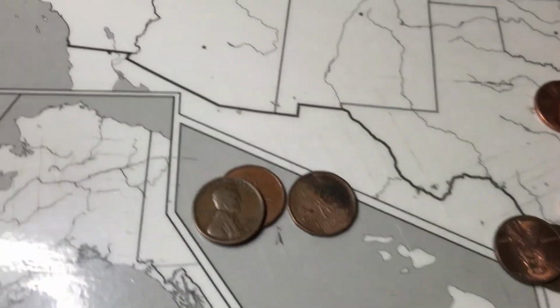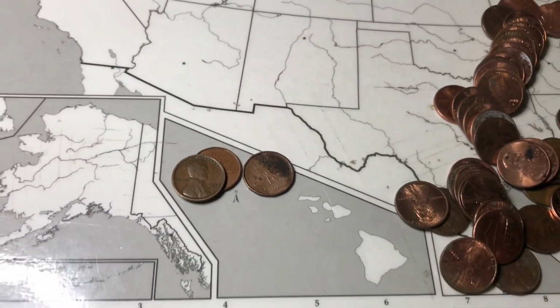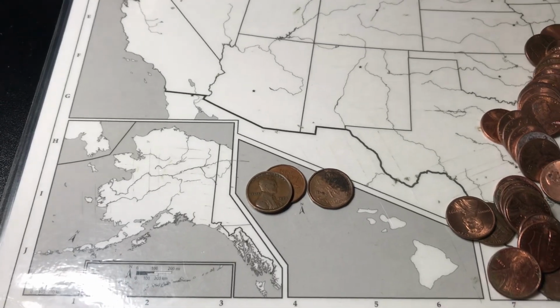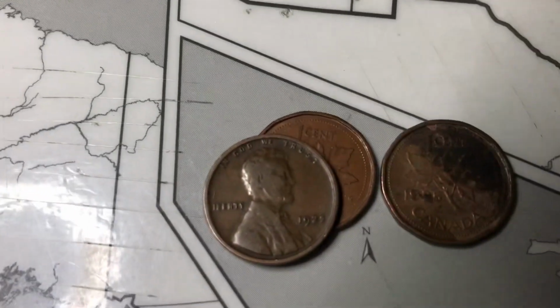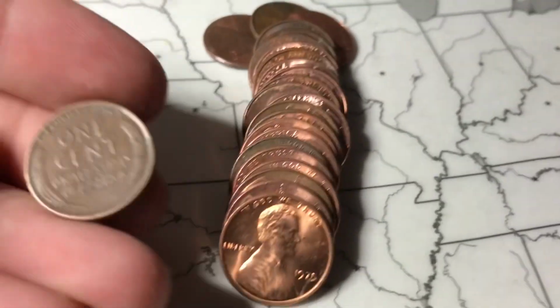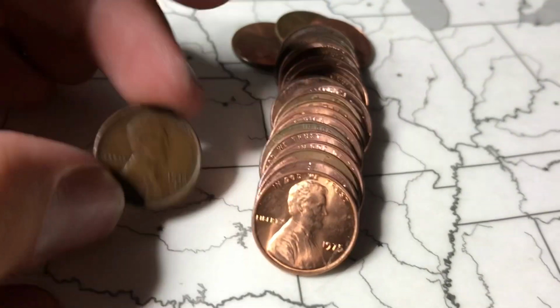So now we have basically every coin in the 20s of every year, basically, excluding the 1922 and 1923. So that's awesome. Let's keep going through this box, see what else we can find. Roll 3, we have a wheat penny. Right behind it is a really nice 1975. But oh,